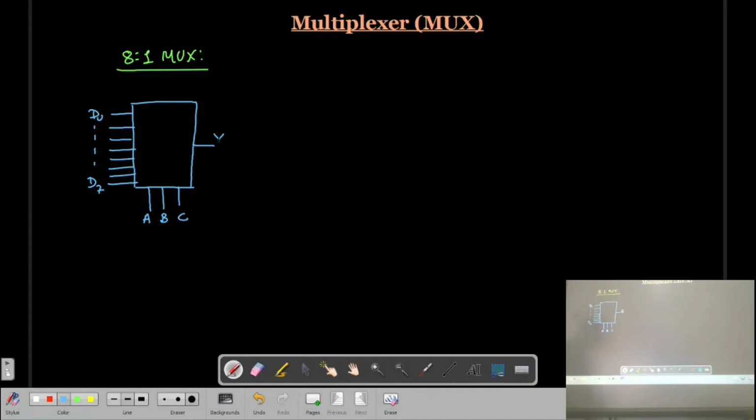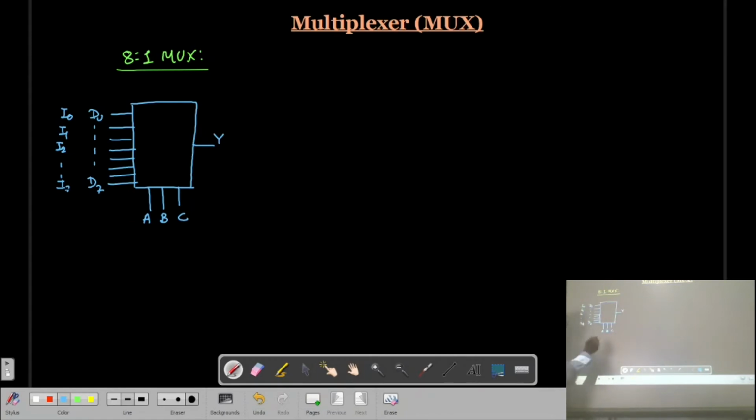Now remember, in some textbooks, instead of D0, D1, D2, D3, it is also designated as I0, I1, I2, I7. That I represents an input line: input line I0, input line I1, I2, I7.